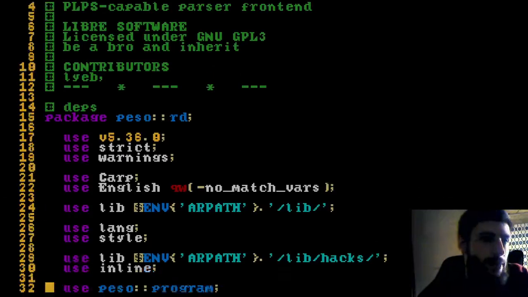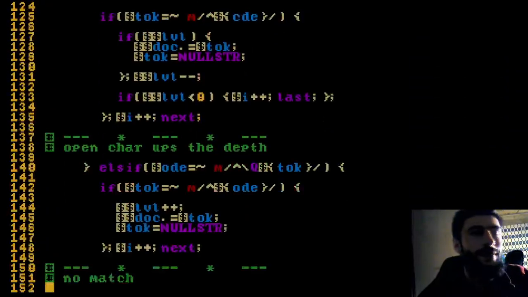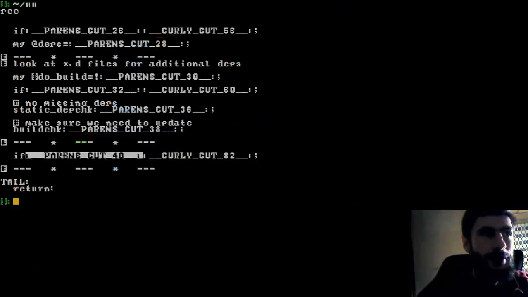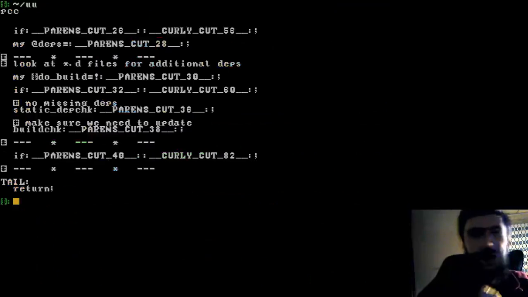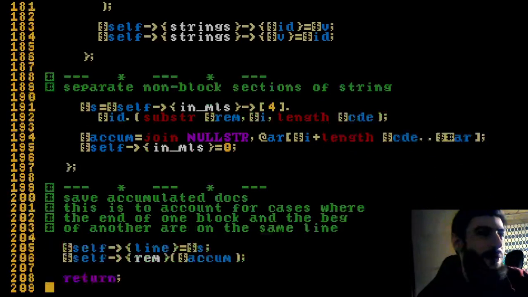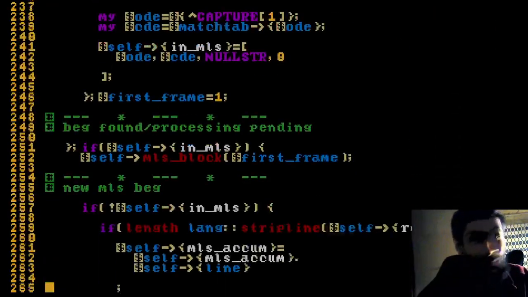So this is the PLPS parser. Now the problem with this is it is doing this thing, right? So abstracting elements away, but not quite as thoroughly as this approach, right? So it's not quite as good. It pains me to say it because I wrote the damn thing and I'm proud of it, but yeah, it's not quite as good. And so yeah, I found a better way to do it, and